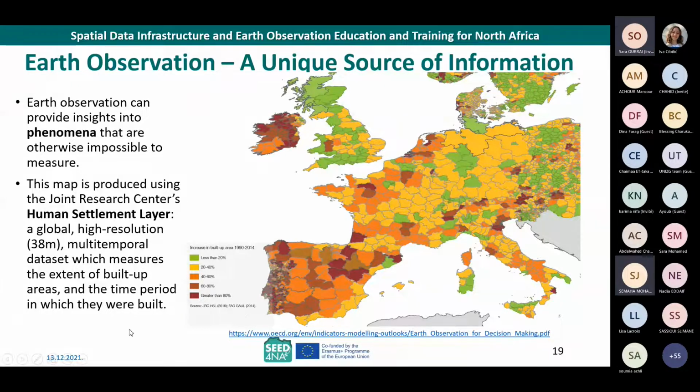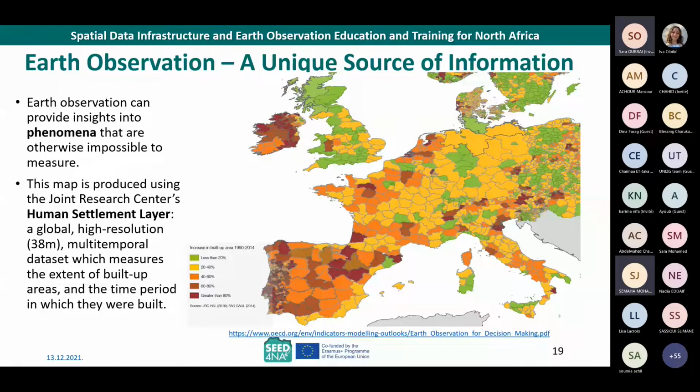So you can see where is the greater increase of built-up areas. So we can presume that's around the main cities or larger cities or whatever. So this is one purpose to use that Earth observation and